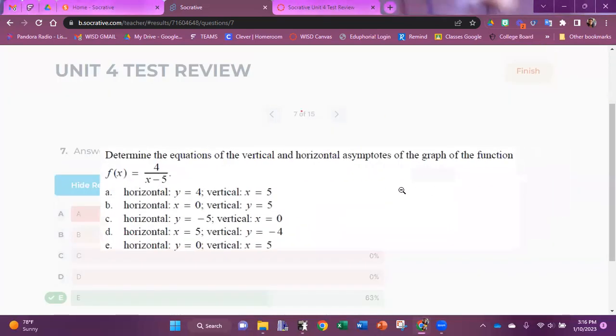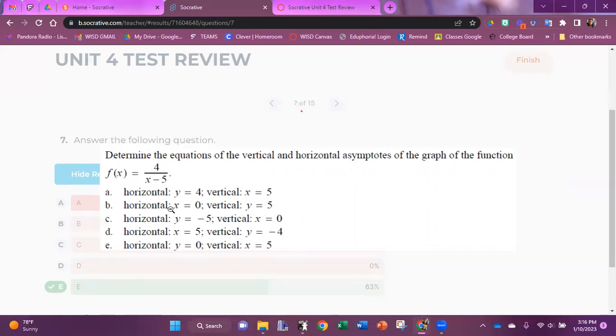All right, so remember I said pay attention to your horizontal, right? So your asymptote. So first off, which two should you have eliminated? You should have eliminated B and D automatically, right? Because horizontal are always y equals and vertical x equals. Okay, then the next thing is you could have just paid attention to your vertical asymptote, and that would have eliminated, or we're down to